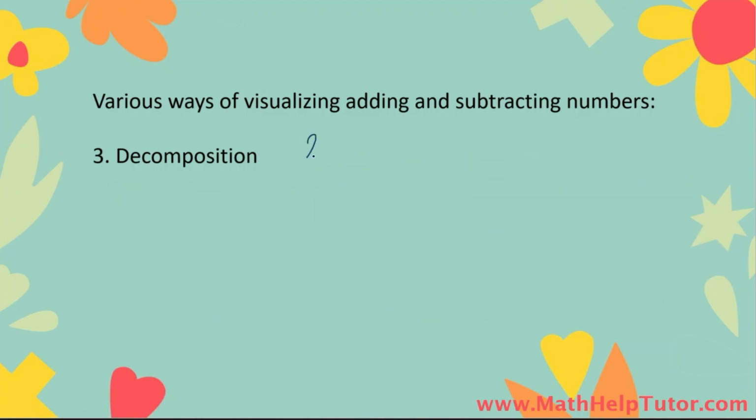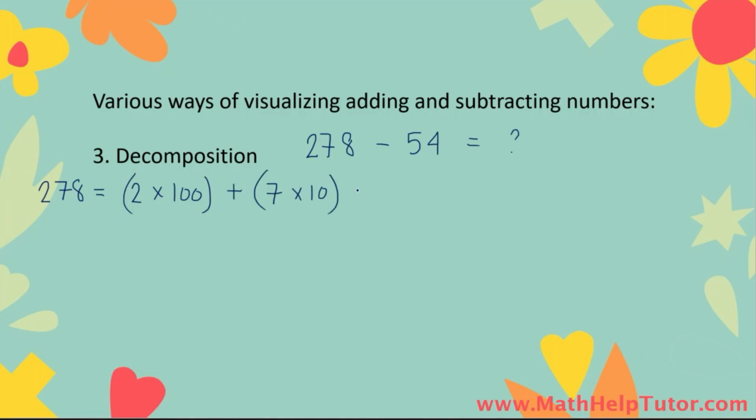Now let's try subtraction. Let's say we subtract 54 from 278. We have 278 and we want to subtract 54. So how do we arrive at the answer? Using decomposition. So first what we do is we decompose the numbers. So for number 278, this is equal to 2 times 100, since there are 2 hundreds in this number, plus 7 tens, since there are 7 tens in this number, plus 8 ones,